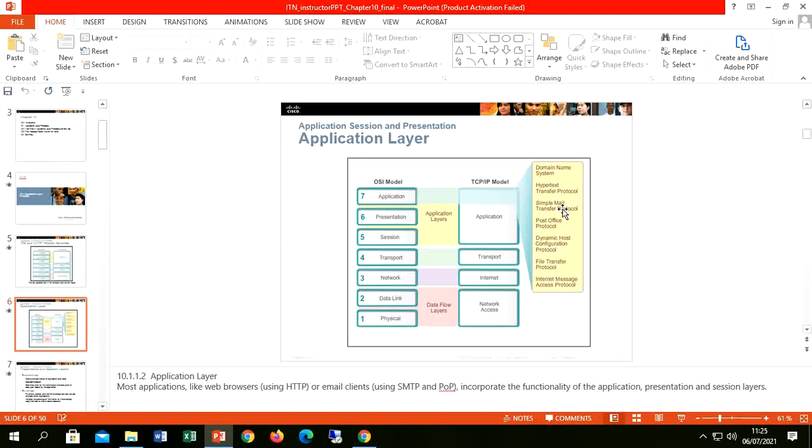For example, I may have a Gmail server, and then someone is using maybe a Yahoo mail server, and it's the responsibility of that protocol, Simple Mail Transfer Protocol, to be able to locate the correct server for you. Then after locating it, it allows you to access your inbox. Then there are two other protocols inside this Simple Mail Transfer Protocol that will enable you to open your inbox and be able to read your